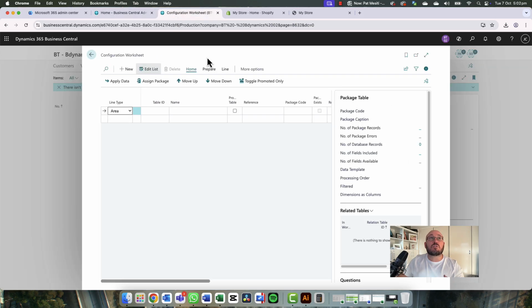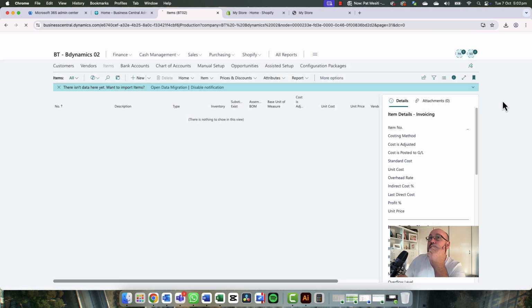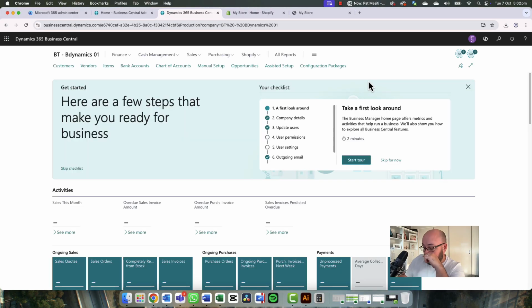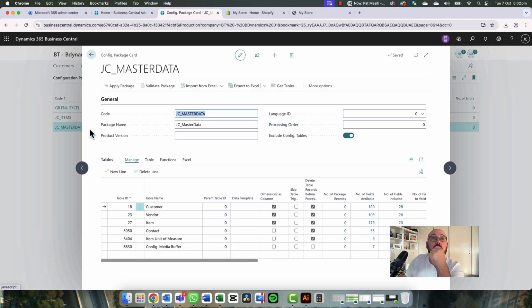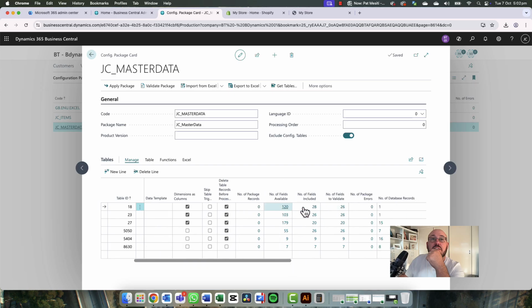So config worksheet. I'm going to go with the config pack just so we can give you a really good example of one. I'm switching back to burn test 1, and we're going to jump straight right back into config pack, and I've built a config pack here, good to go. It's got my configuration. I've got dimensions included as columns. I've limited the fields down to 26 or less fields per